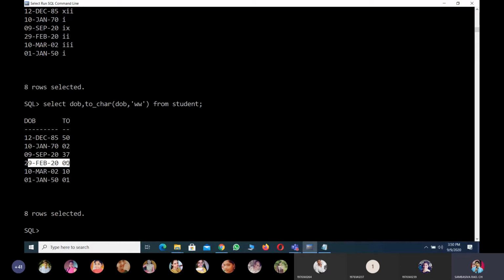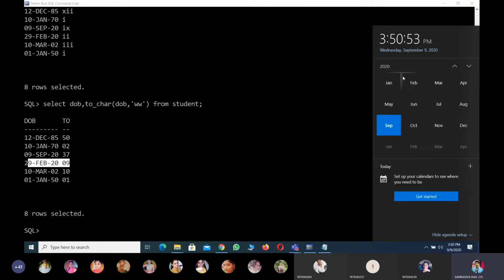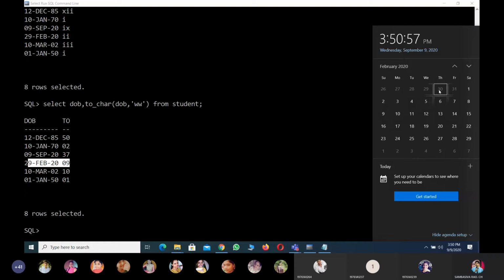February 29th belongs to the 9th week. Otherwise, cross check with today's year's date. Here I'm showing February and March on the calendar. Before February, in January, how many weeks do we have? Here you can identify it on the calendar. Is the calendar visible to you?